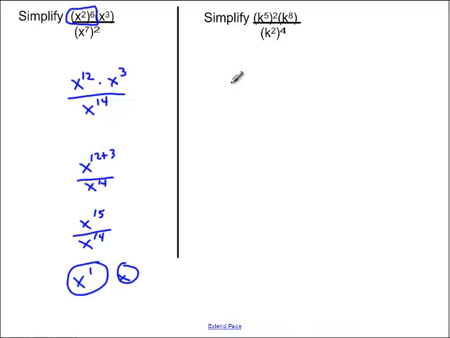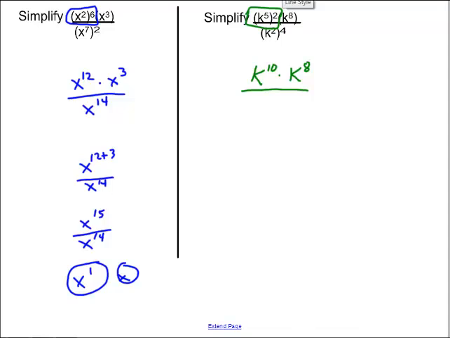Alright, so let's go through this one. And again, we're going to try and separate and conquer. Take a look at that one first. That one should be k to the 5 times 2 power, should be k to the 10th power, multiplied by k to the 8th power. We're not going to do anything with that one yet. We're going to attack it just in a little bit. This bottom section should be,